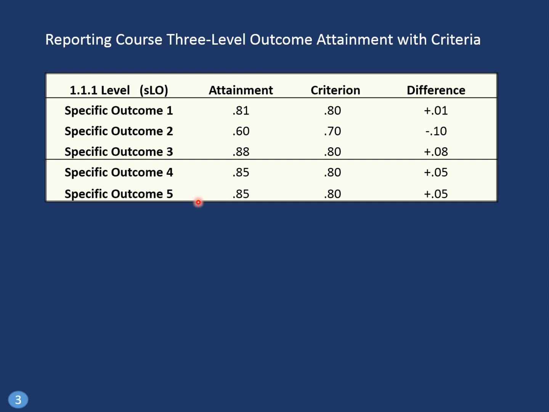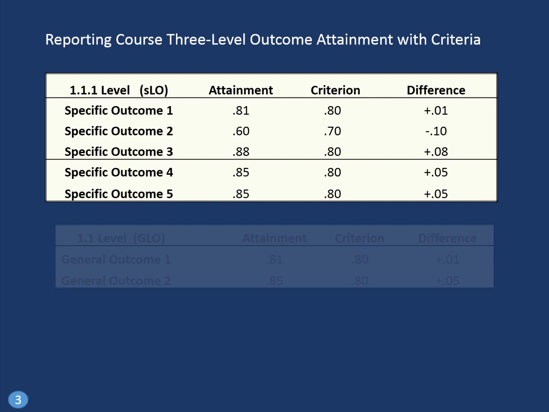And as an instructor, you have in your mind your own expectation of learning by students, that criterion. In some instances, you are told what that criterion is through an external body, a program, an institution, etc. So there are different ways to get the criterion, and in this case, it's a mathematical exercise basically between the attainment of a specific outcome and the criteria you set and the difference. So it's really pretty clear, and the judgment part comes in setting the criterion.